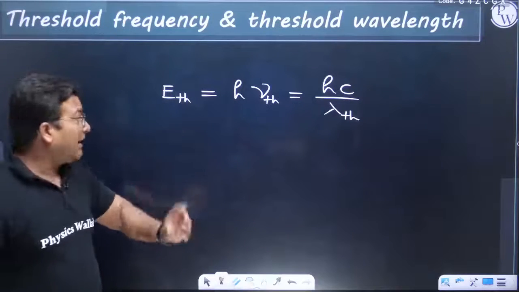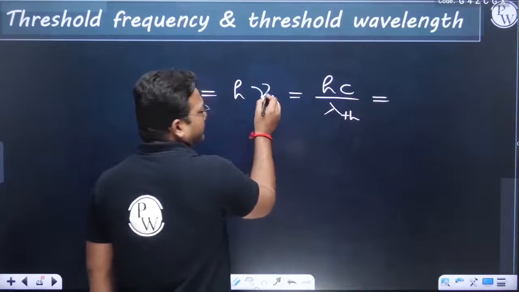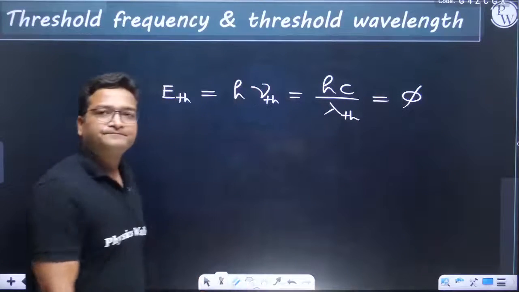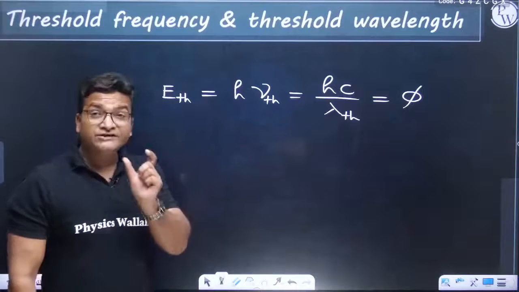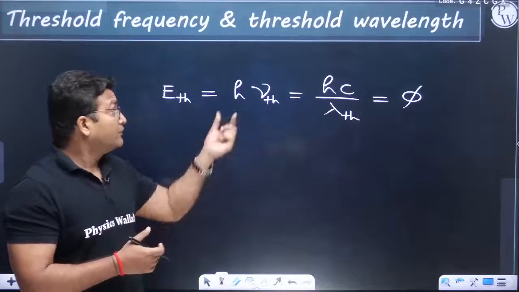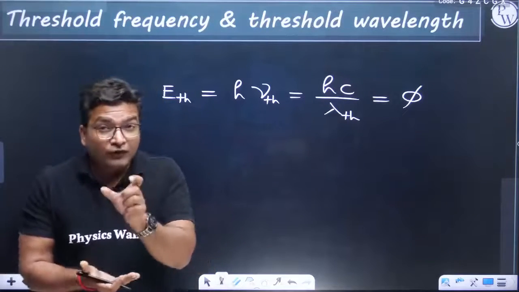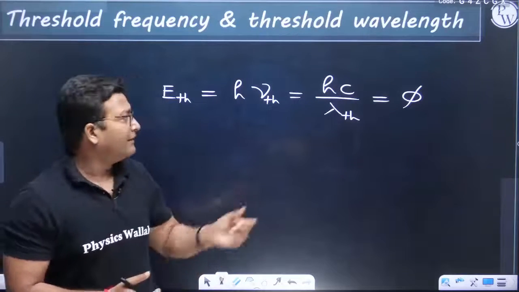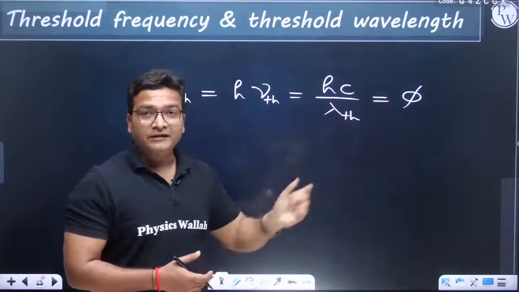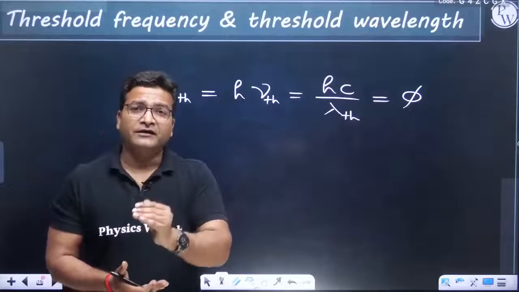So as this threshold energy is numerically equal to work function, you can also relate the threshold frequency and threshold wavelength to work function. As threshold energy is the minimum energy of a photon to cause the photoelectric effect, threshold frequency is the minimum frequency below which the photoelectric effect would not happen, and because of the inverse proportionality we can say the threshold wavelength is the maximum wavelength above which the photoelectric effect does not happen.